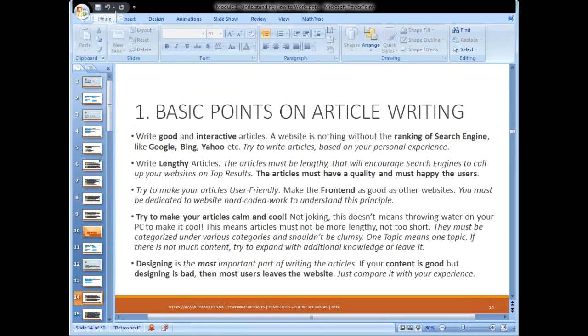I would like to ask Vedansh and Krish. No clear voice, okay, so I would like to repeat my question. Just compare it with your self experience, meaning personal experience. If you visit a website from Google and it seems to be plain HTML and only text, no graphics, no coding, no styling, and no CSS codes, would you like to stay on that website and move further to read the content, or would you simply leave the website? Just tell me yes or no.